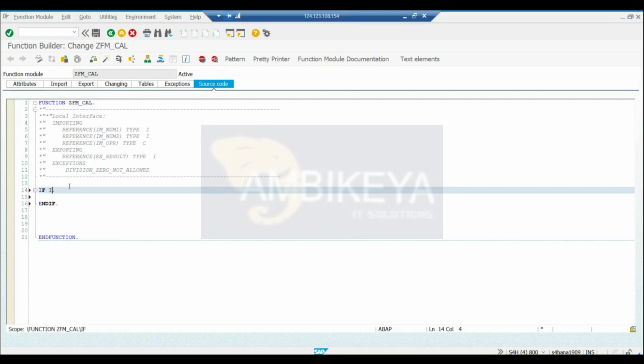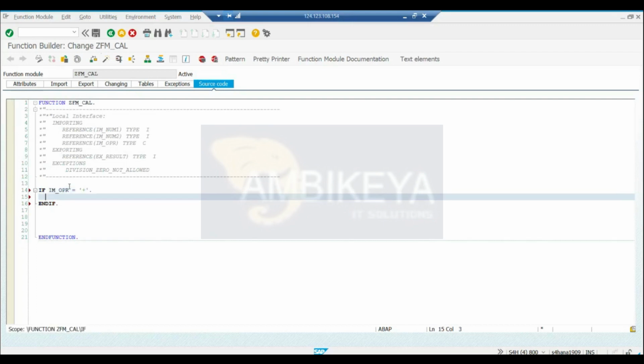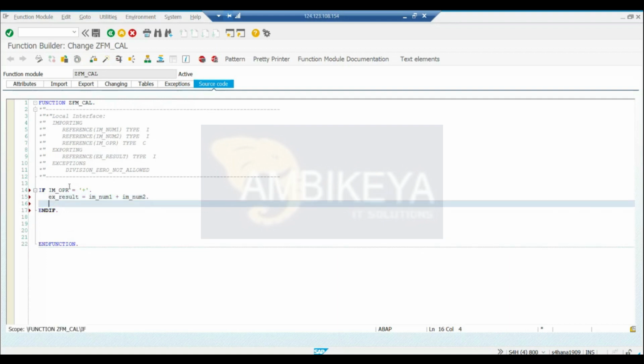If I_OPR, that is the operator, right, which will carry your operator symbol, then ex_result equal to I_num1 plus I_num2. Then